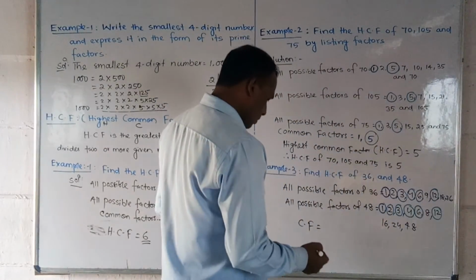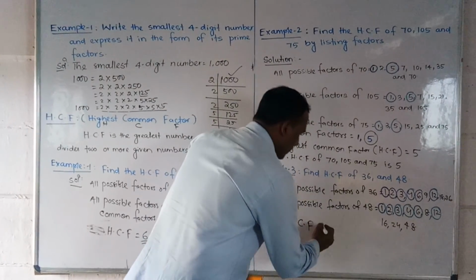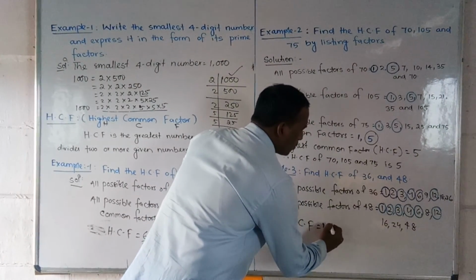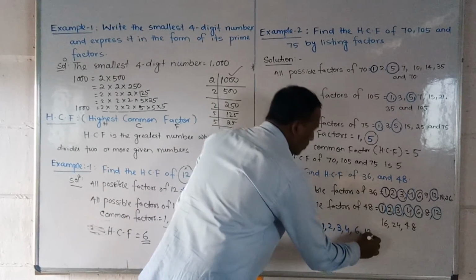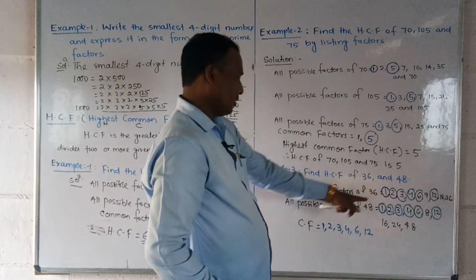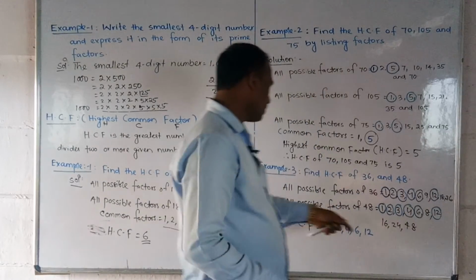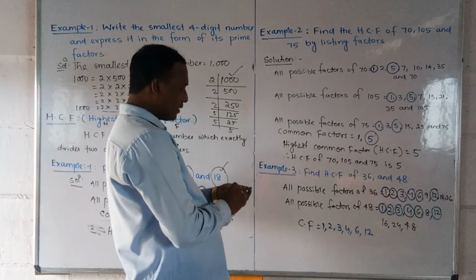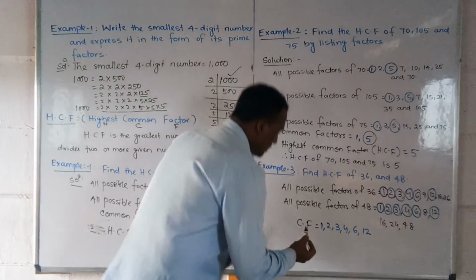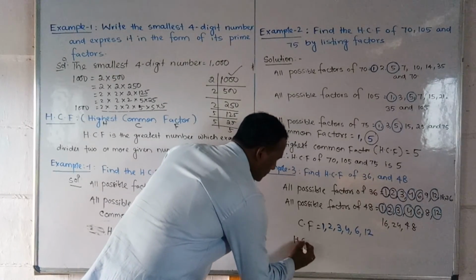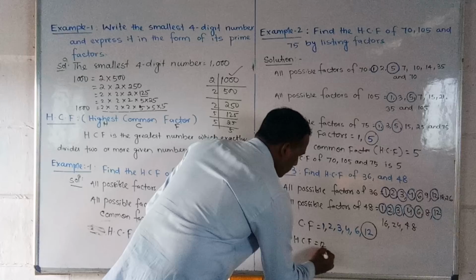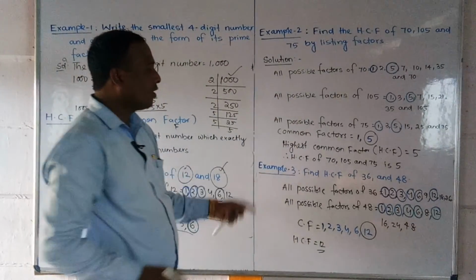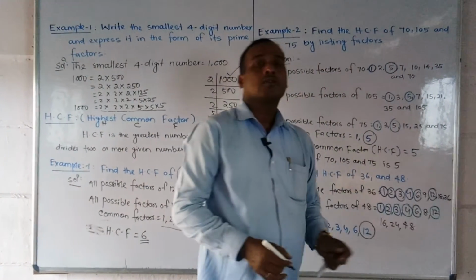So that much. So what are the common factors? You can write 1, 2, 3, 4, 6 and 12. Whatever we have rounded, those numbers we have to write. Okay. Now in this way, what is the highest common factor? HCF is equal to क्या होगा? 12. So 12 is the HCF of 36 and 48.